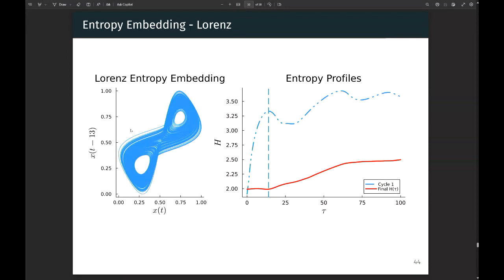And this is actually what the results look like. In the first case, you calculate that profile, which is the entropy profile with respect to tau, and you find three maxima here. Now you want to test which of these maxima, if you were to include it in your embedding, results in a new profile, i.e. this red one here, that has the lowest possible minima, because you want to minimize this entropy measure as much as possible. Low entropy means functional dependence. So this result takes the first leg, and what we get is a nice embedding like this.